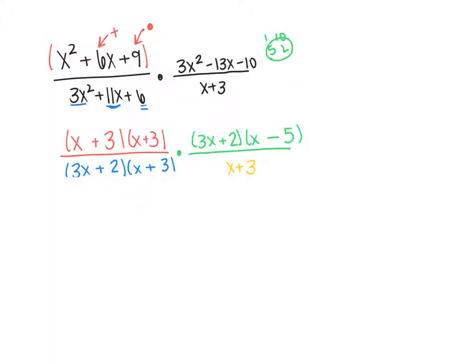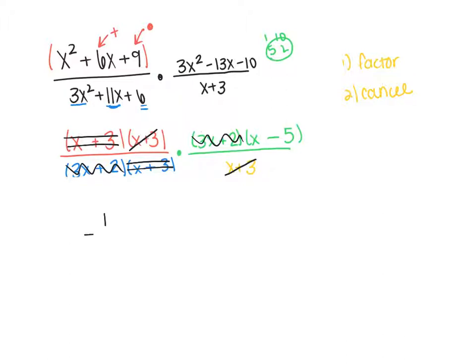Alright, so now I've got everything nicely factored. Remember, step 1 is to factor. Step 2 is to cancel. I cannot cancel until I factor, unless, of course, everything is a monomial. So I've got an x plus 3 and an x plus 3. I've got another x plus 3 and x plus 3. I see a 3x plus 2 and a 3x plus 2, which looks like everything is canceled except for